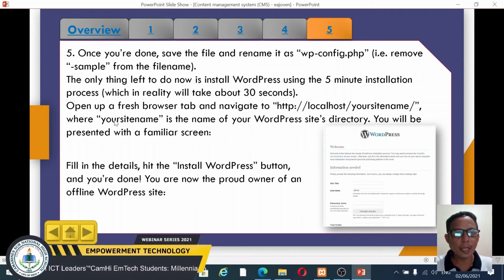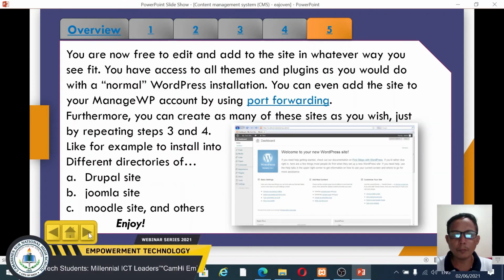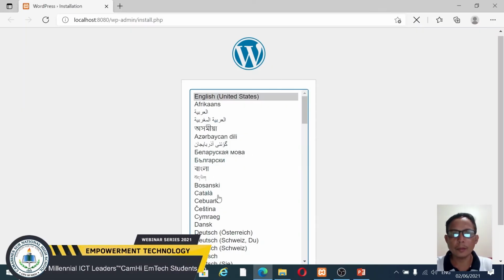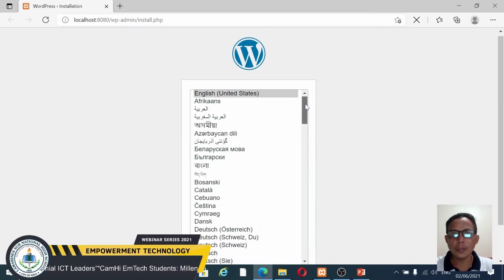After you type the address of your WordPress directory, you will be presented with a familiar screen, wherein you have to fill in the details to install WordPress.